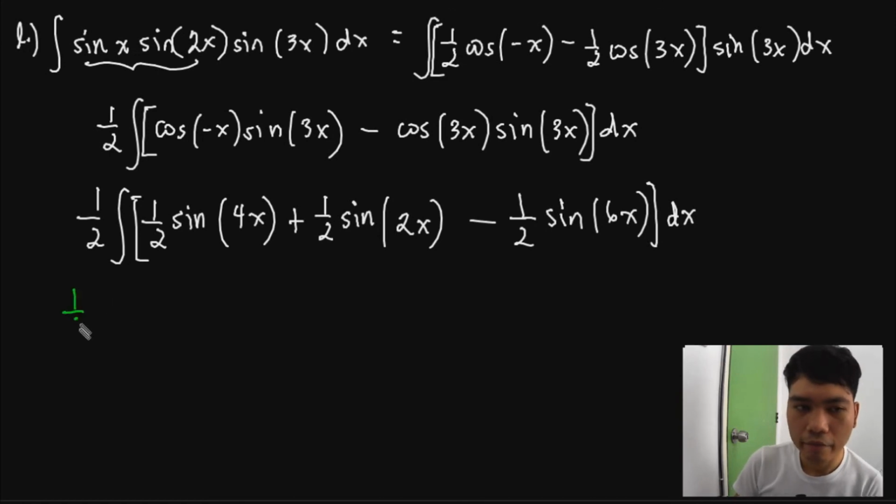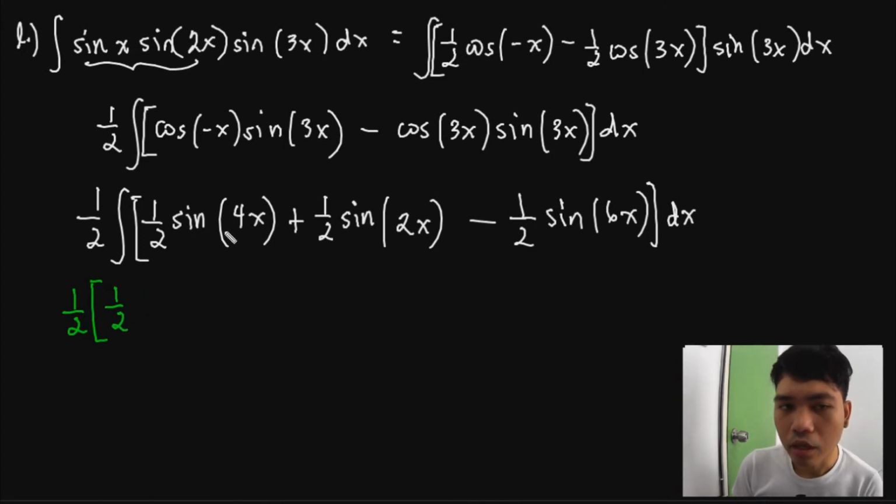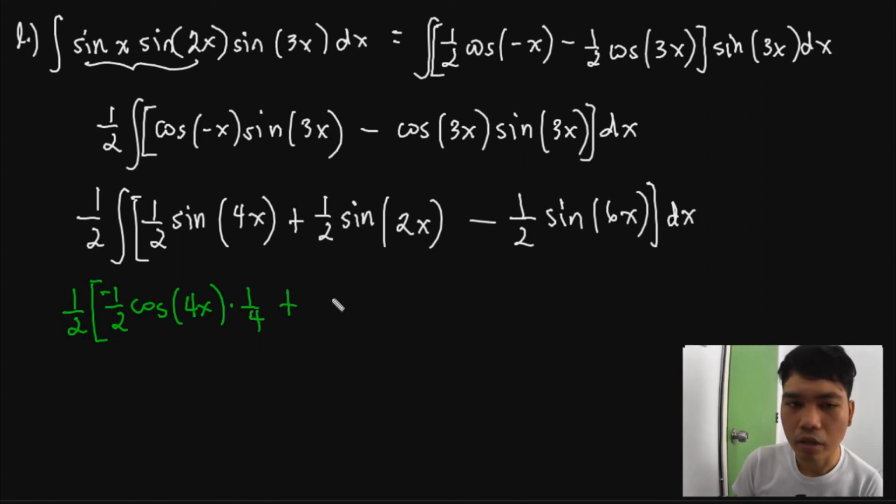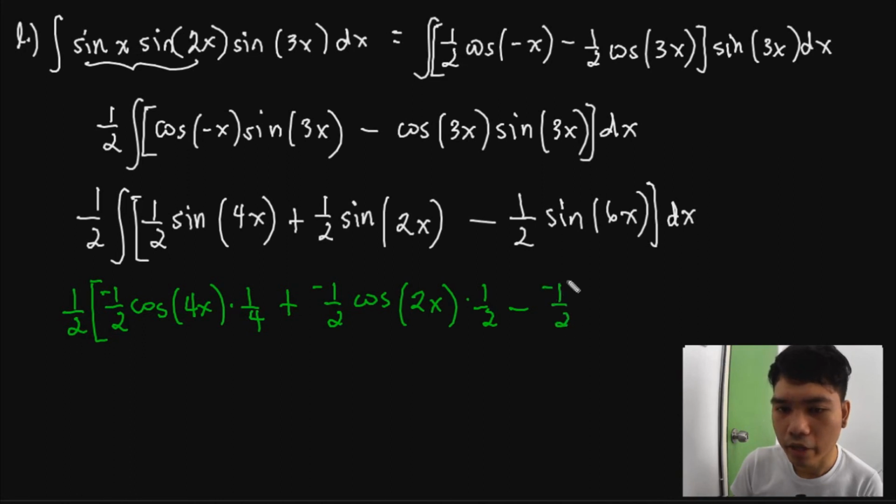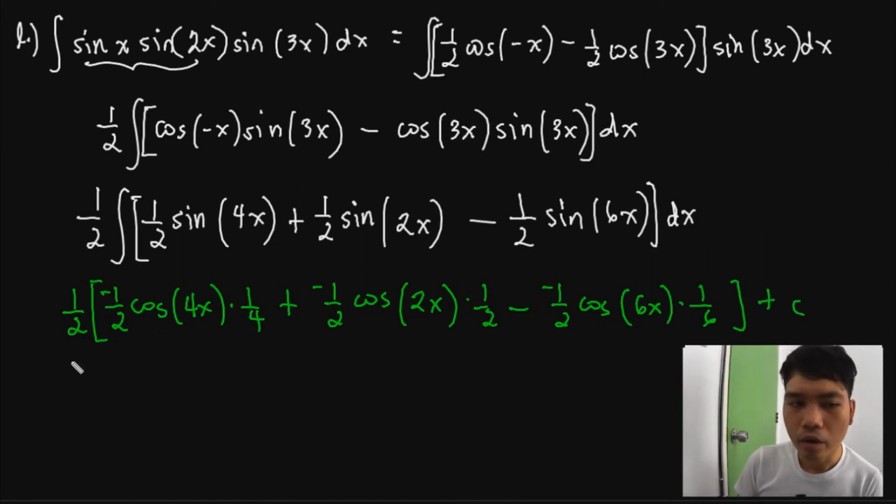So I have 1/2, and then this is multiplied to 1/2, and then remember, this is cosine of 4x, so we know quite well na kailangan natin maglagay dyan ng negative sign, so that will be negative cosine of 4x times 1/4. Okay, next, plus 1/2, and then since this is cosine again, so minus cosine of 2x times 1/2, and then minus 1/2, so negative ulit, then cosine of 6x times 1/6 plus c. Okay, and now we can